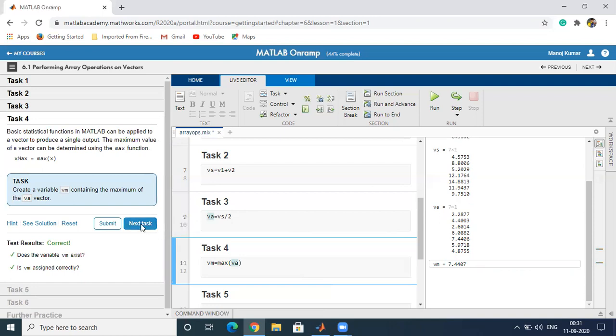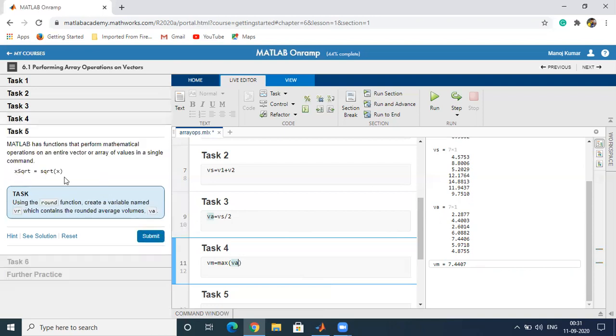Click on the next task. There are several mathematical functions which we can apply to vectors. MATLAB has functions that perform mathematical operations on an entire vector or array of values in a single command.